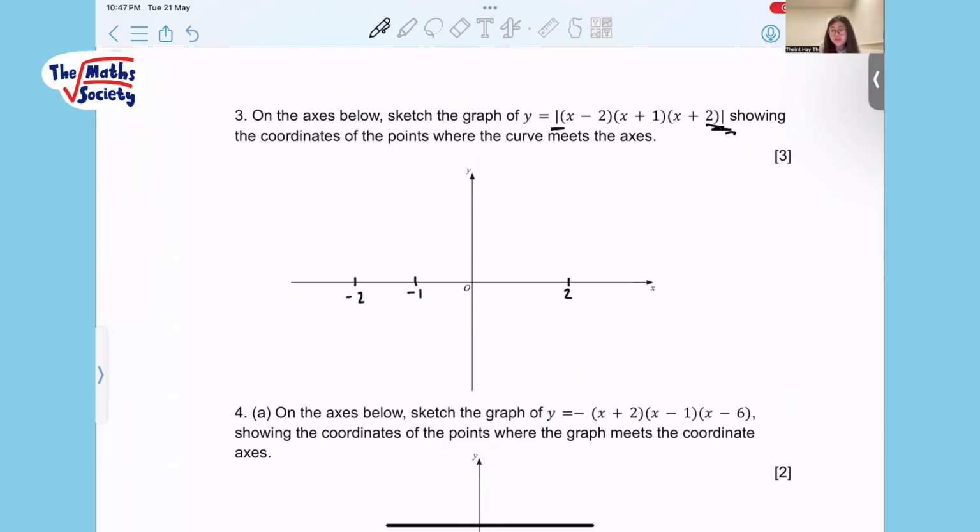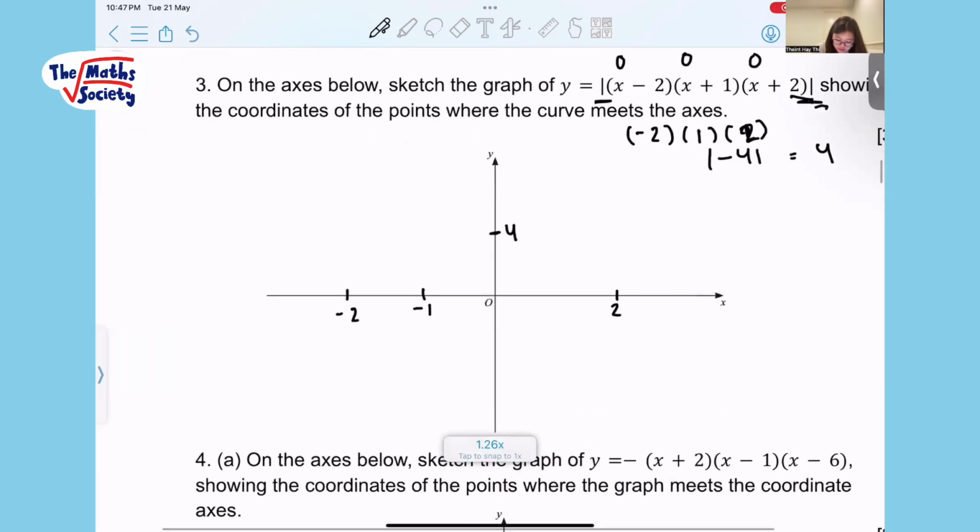Yep, and then we need to find the y. So it's just going to be 0, 0, 0. So you get -2, 1, and plus 1, 2. So you have a -4, because it is strictly positive, you're going to have 4. So it's going to be here, like 4. And we're going to try to draw it because it usually has to go on a curve, like a downwards curve. But now it's going to be an upward curve